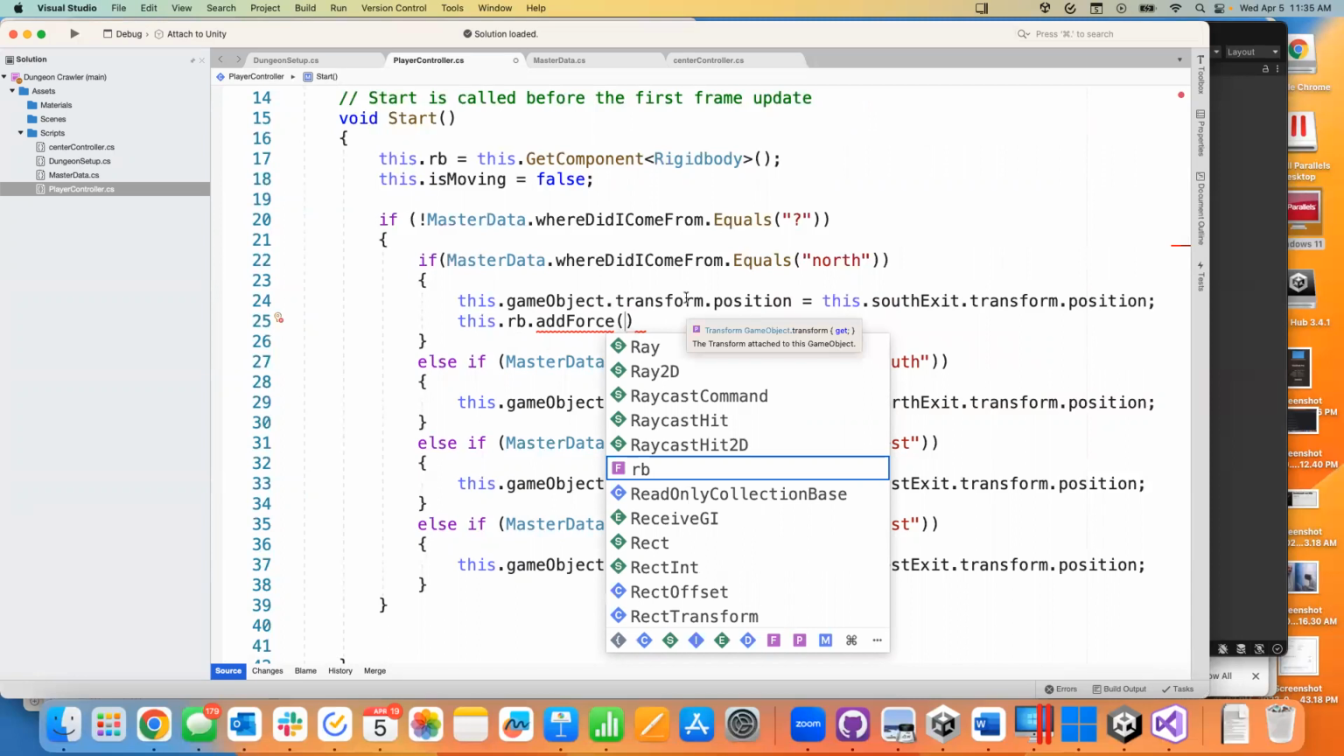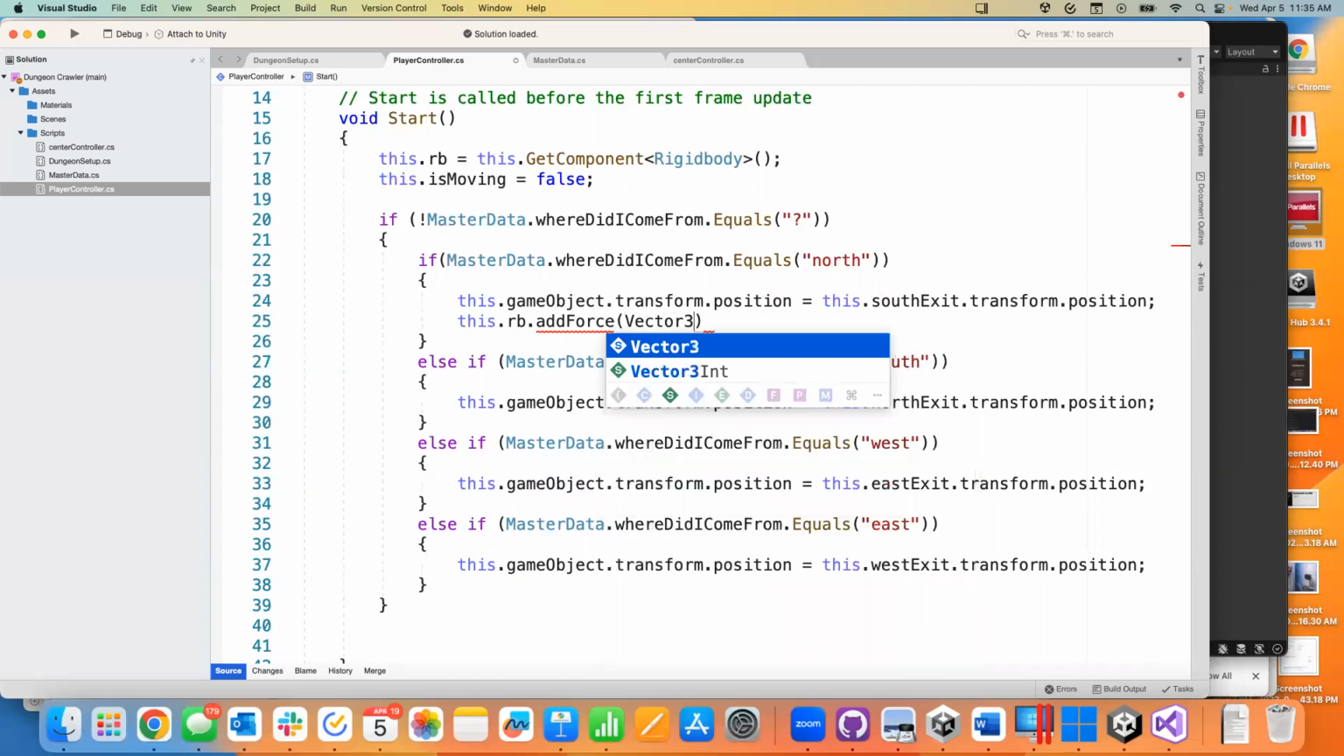Now, the force that we're going to add is going to be a vector 3, and really it needs to be a direction, right? So if I'm coming from the south, I want to add a force up, right? All right. Now I can create these vector 3s by hand and say, okay, well, this is what the up force means. It's going to be pushing on the Z axis, right? But built into vector 3,